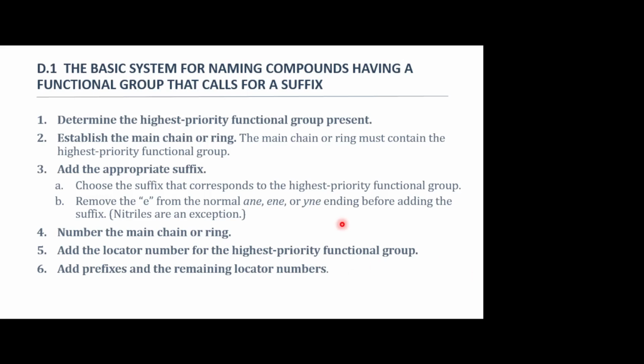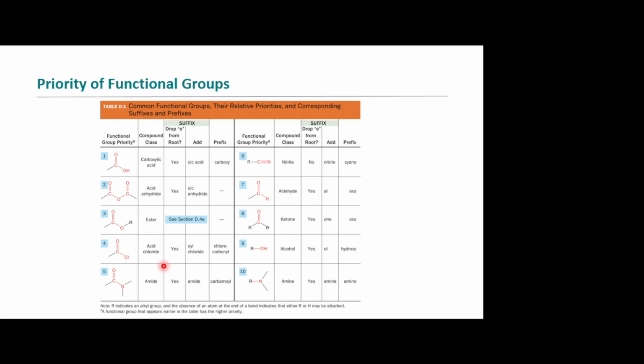Okay, now what are the priorities of these functional groups? This is the priorities of the functional groups, right here. It's this table here. Okay? So priority 1 is going to be this functional group right here, which is a carboxylic acid. This right here is the suffix name. That's going to be oic acid. Okay? As in like